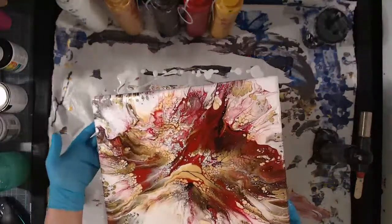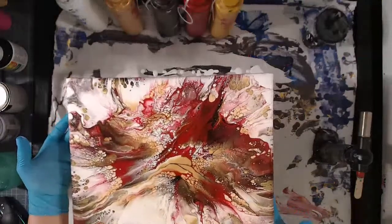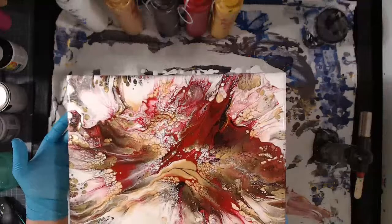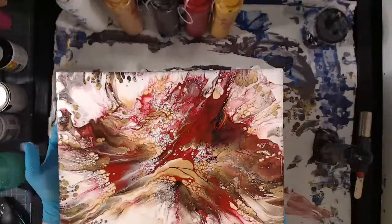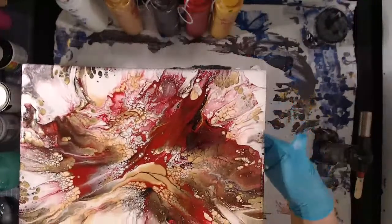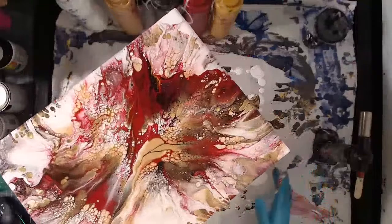Kind of loving this. That red though. And the gold, I was afraid that the yellow ochre would just kind of be kind of, but y'all,